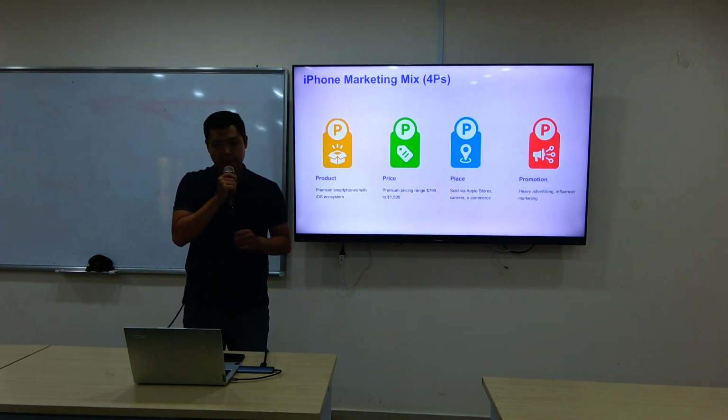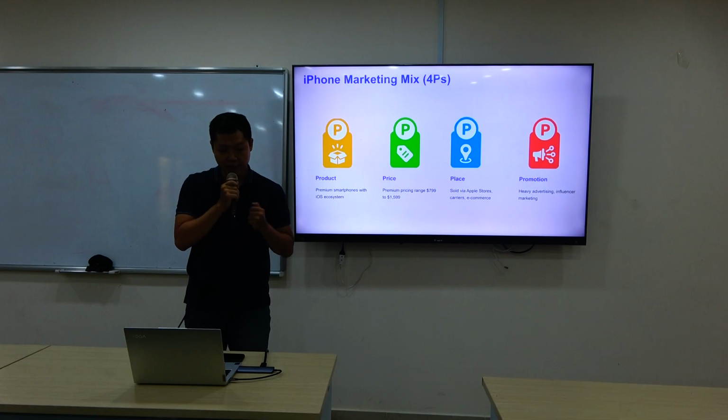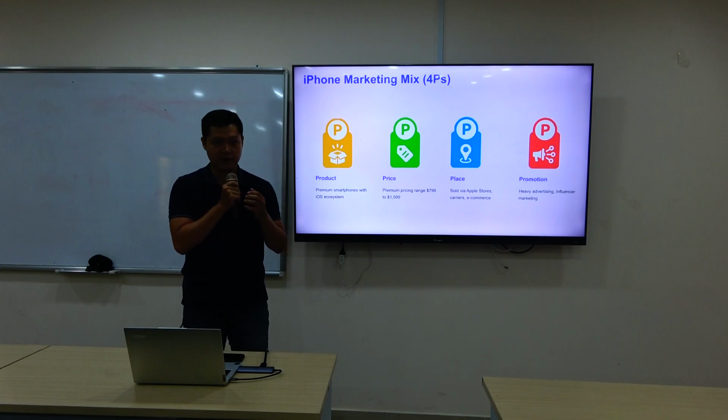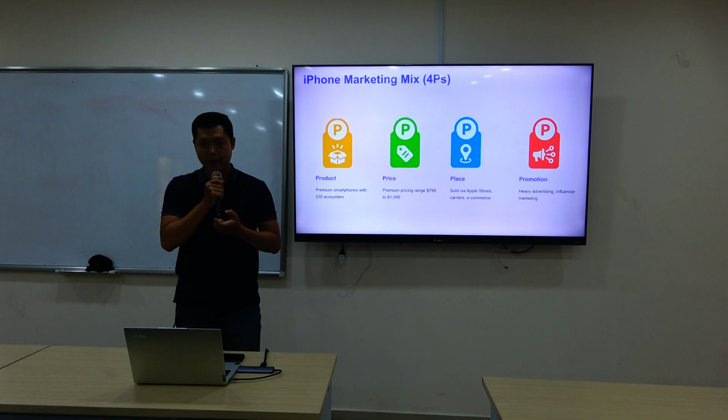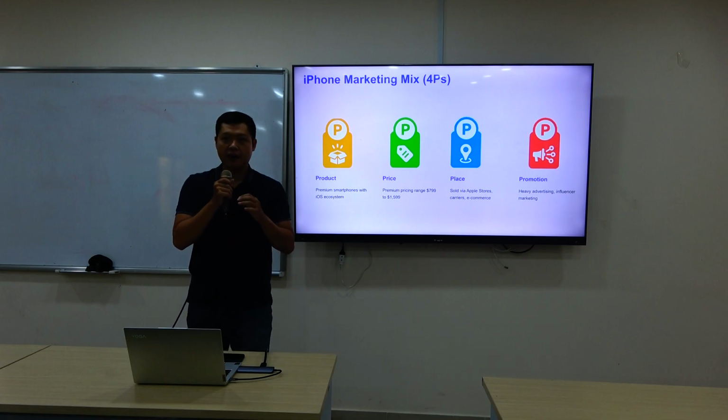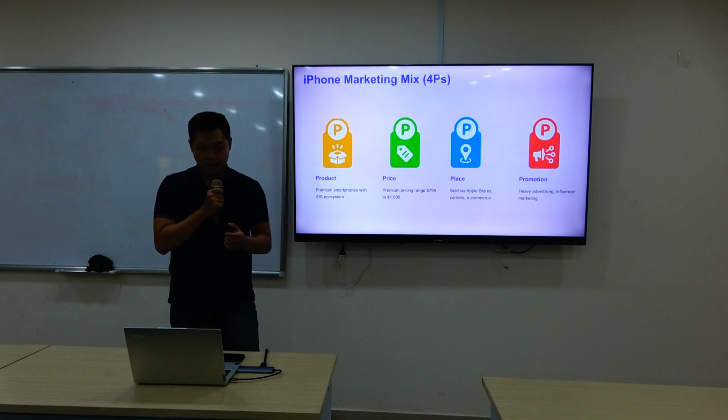About the marketing mix strategy of Apple, firstly about the product, they build the best phone in the world, including a combination of hardware and service. Like iOS, it is well integrated with the iPhone. It's different from other phones because Samsung and Huawei just build the hardware, and their system, Android, depends on Google.